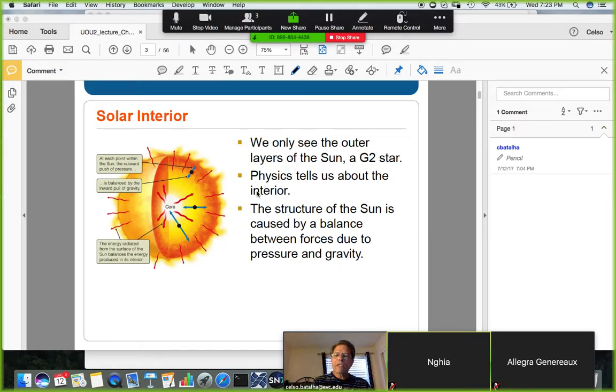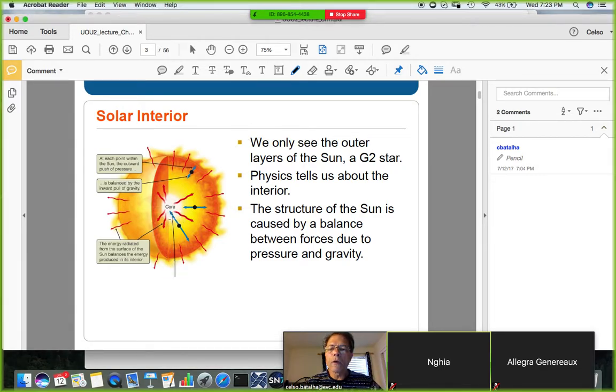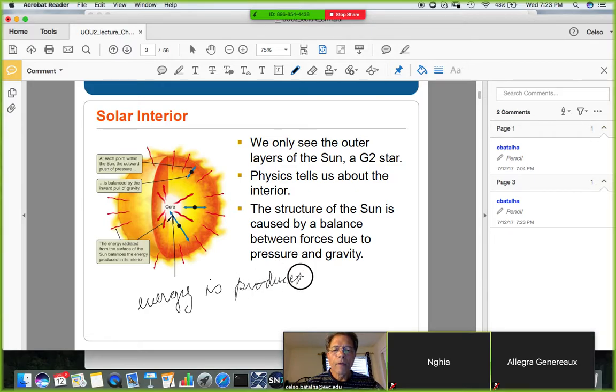Okay, so let's go to the sun. Here is a picture, a cut of the sun's interior. You have the core, and the core is important because it is basically where the sun's energy is produced. And what is the source of energy of the sun? It's pretty much fusion reactions. Fusion. It's not fission like